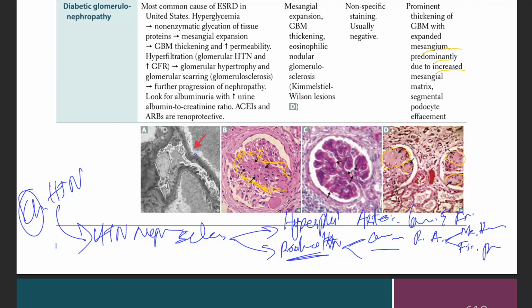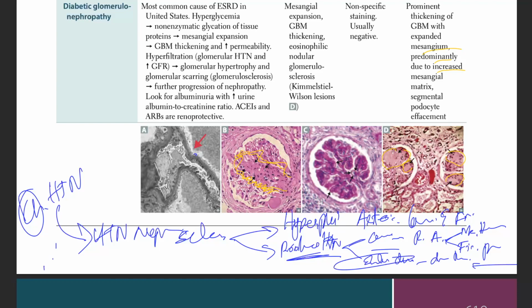That's the compensation for prolonged hypertension. Second thing, prolonged hypertension causes endothelial damage. When you have endothelial damage, it causes deposition of those plasma proteins into this damaged endothelium, which causes hyaline